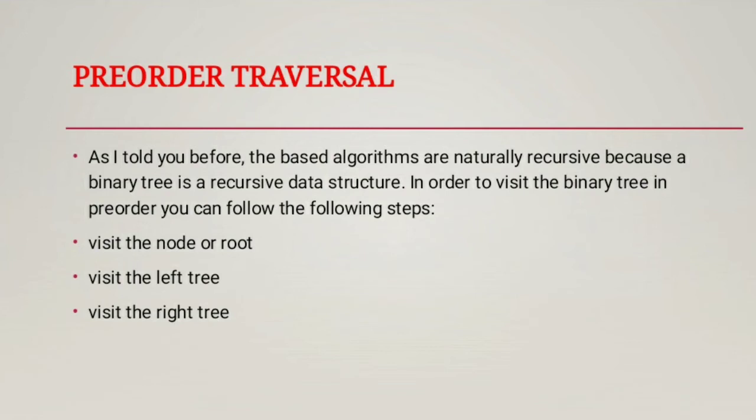Unlike arrays and linked lists, which have just one way to traverse, I mean linearly, the binary tree has several ways to traverse all nodes because of its hierarchical nature, like level order, pre-order, post-order, and in-order. Tree traversal algorithms are mainly divided into two categories: the depth first algorithm and the breadth first algorithm. In depth first, you go deeper into the tree before visiting the sibling node. For example, you go deep following the left node before you come back and traverse the right node.